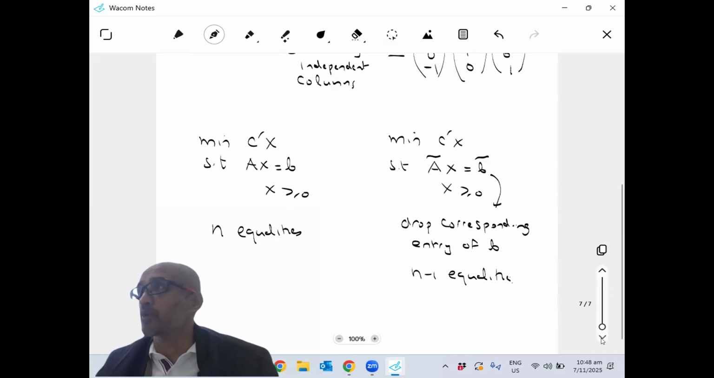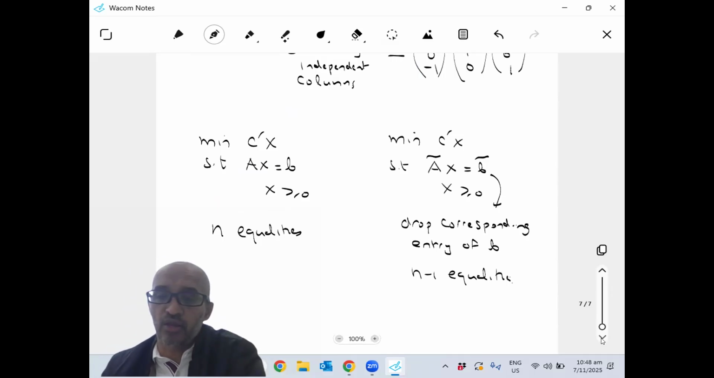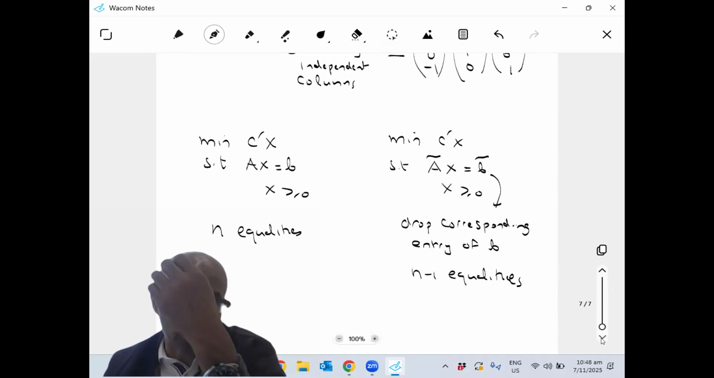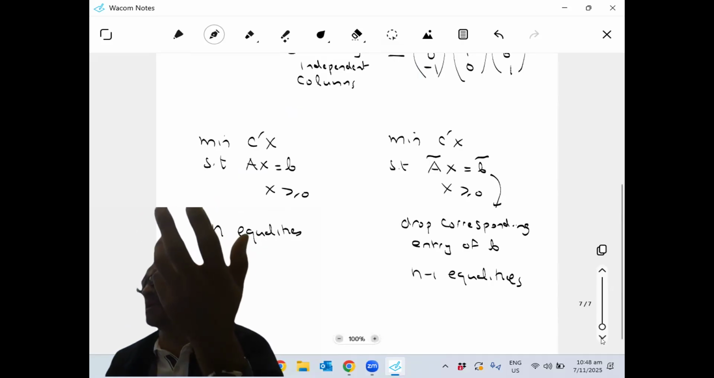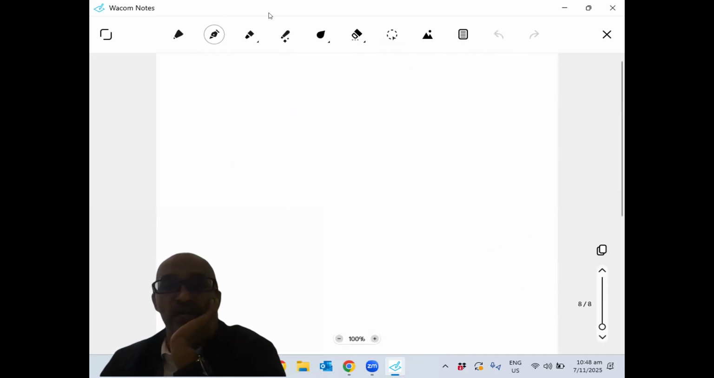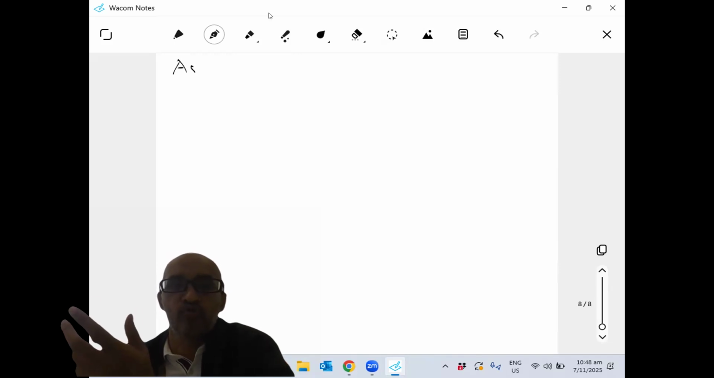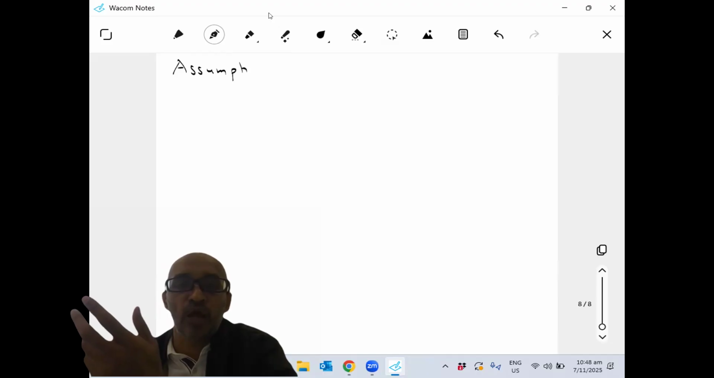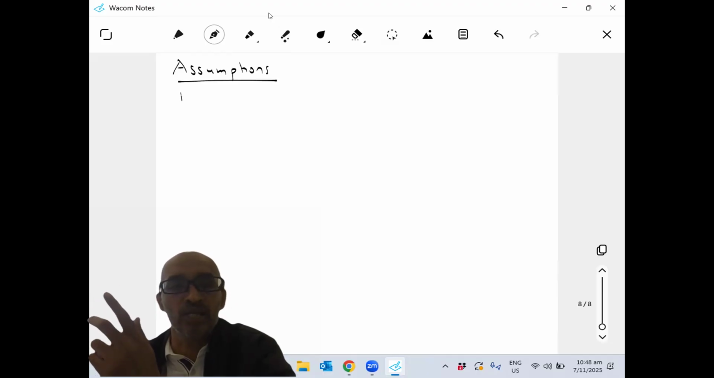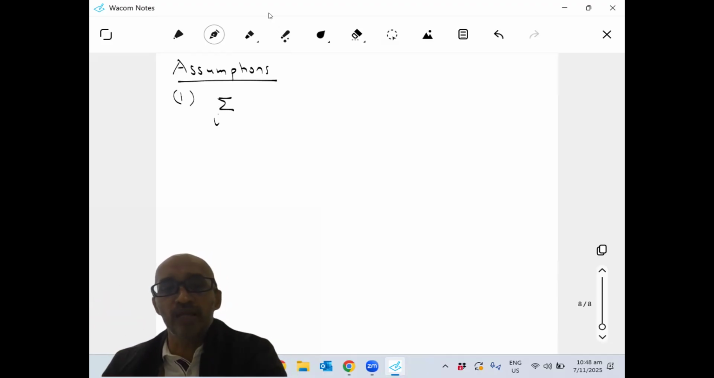Okay. So the key is going to be, what does a basis mean for this problem? What is a basic feasible solution? You're going to make a couple of assumptions for the network problem to be interesting. So, two assumptions. One is we have to assume that